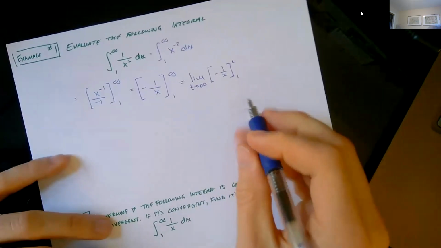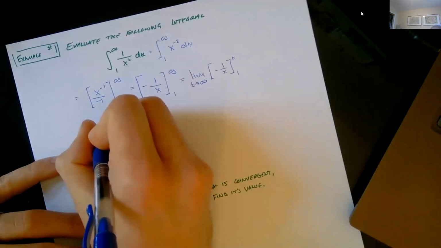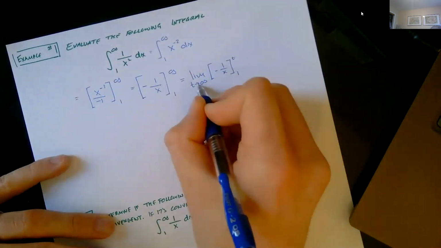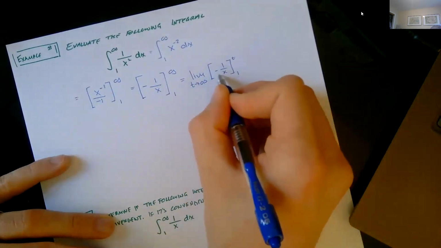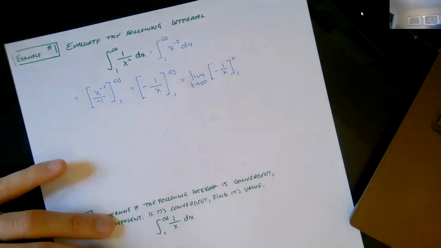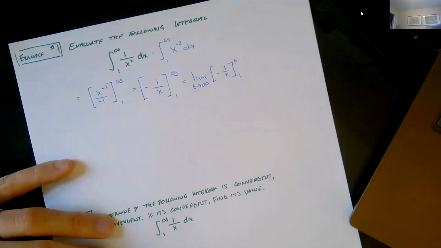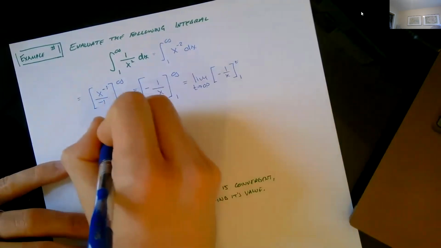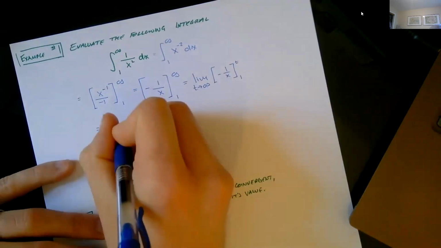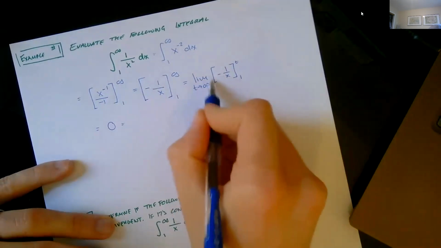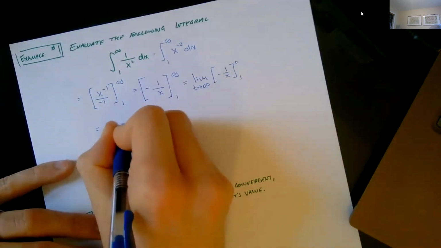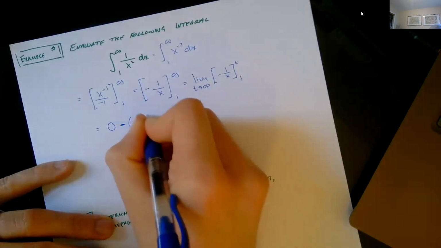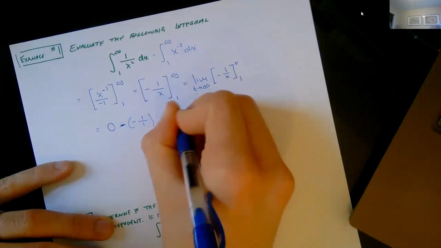Now let's think about how this might work. We could have the limit as t goes to infinity of this. I know if t goes to infinity, this denominator is going to get very, very large. If that gets very, very large, then I know that the whole fraction would approach 0. So when I evaluate that limit, I would get 0 here. And then when I plug in 1, I don't even need to consider the limit because this is just 1. So 0 minus, when I plug in 1 here, that would be negative 1 over 1. So this integral comes out to be just 1.